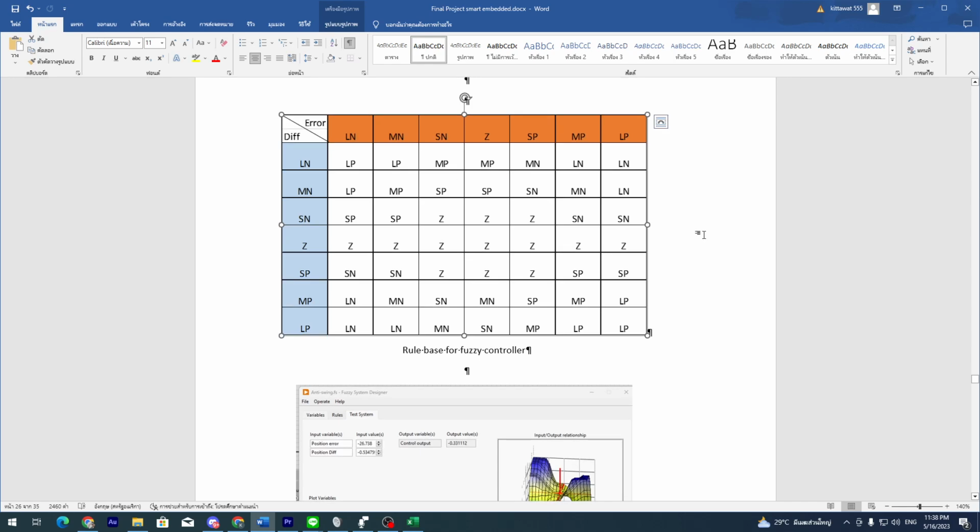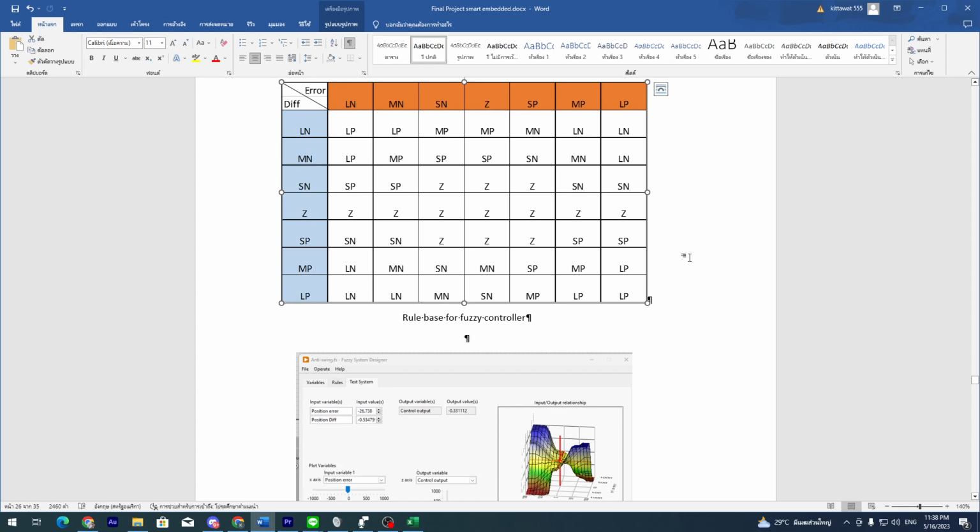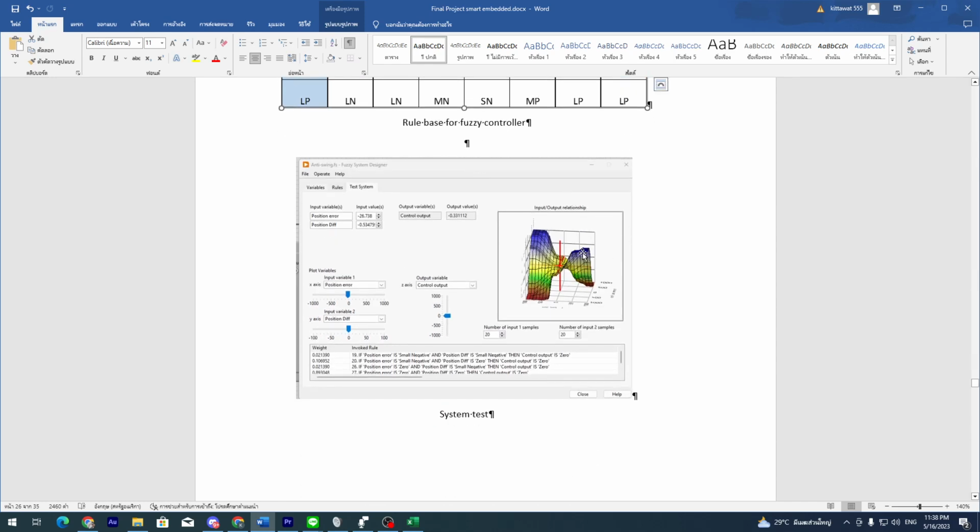I try to use this rule to counter the swing of the pendulum by controlling the position of the guide of the belt, moving in the opposite direction from the swing of the pendulum at max speed. And this is the system test, like a system diagram of the input-output relationship of